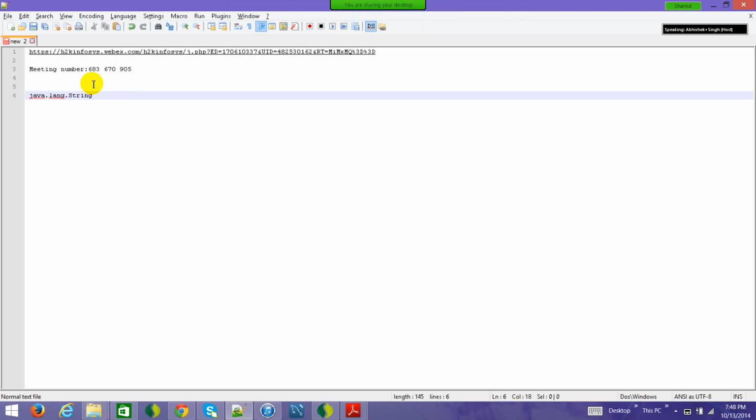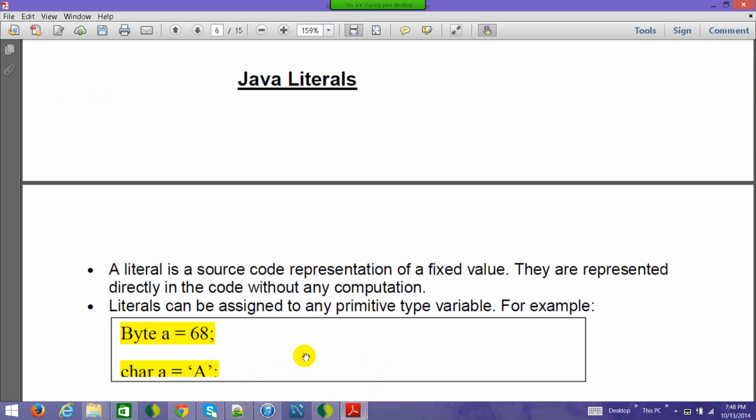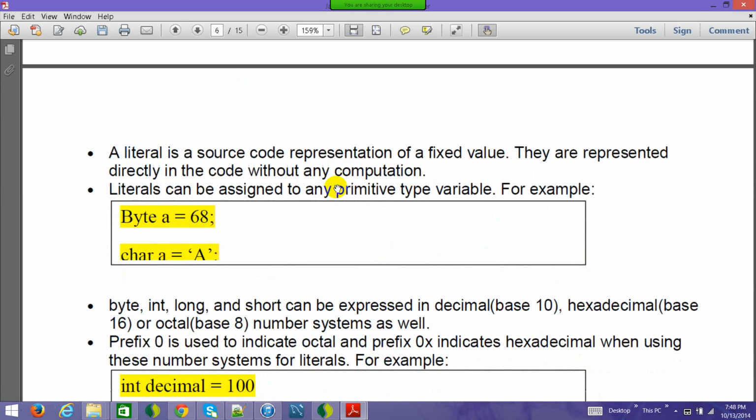So java.lang.String. This is the one which I was talking about. Now this is actually one of the very important classes in Java. java.lang.String, and it is important because